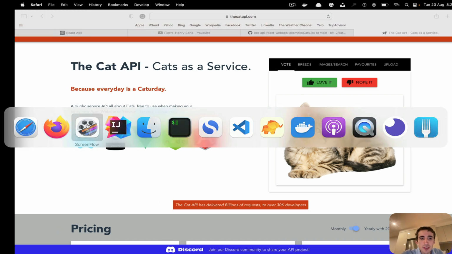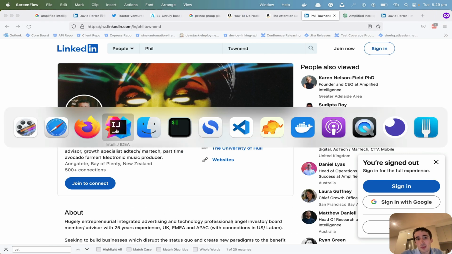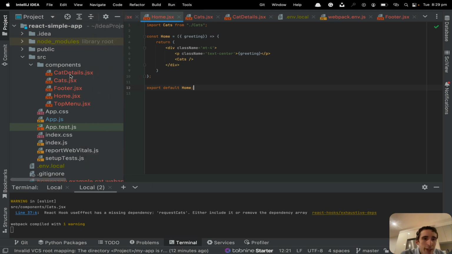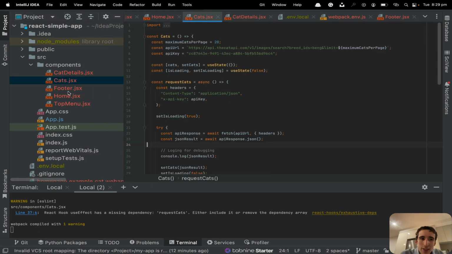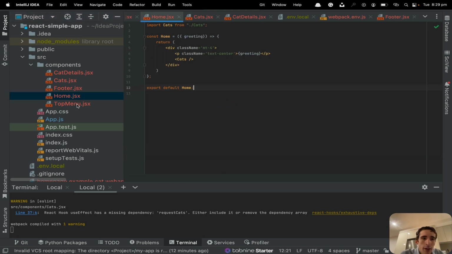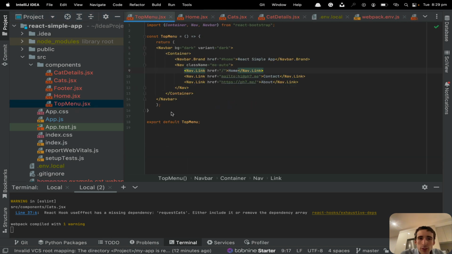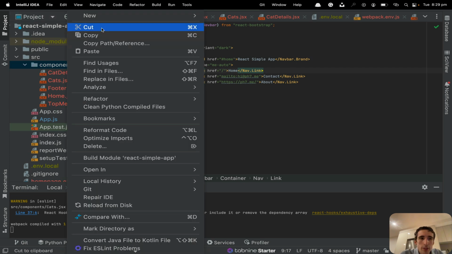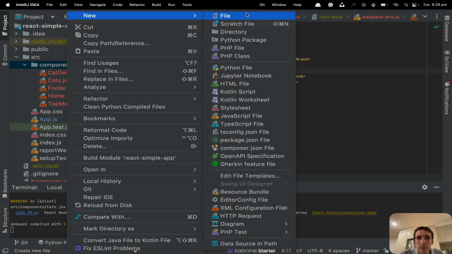So in today's video, we will be doing something a little bit different. We will basically continue our application, and we will create new components. As you can see at the moment, we have cat details, cats, footer, home, and top menu. The first thing I would like to do is to create a component, and that one will be the